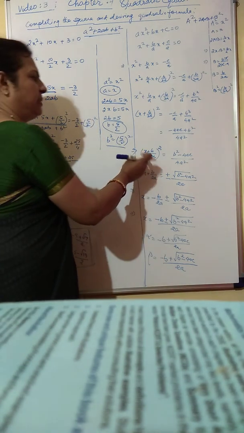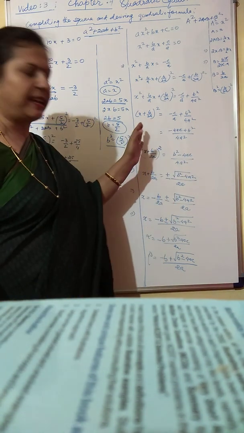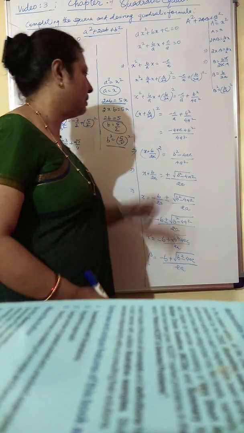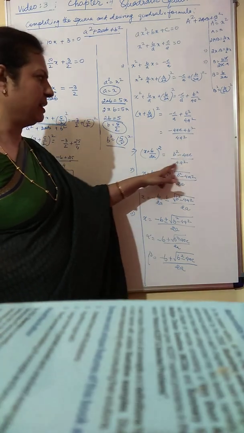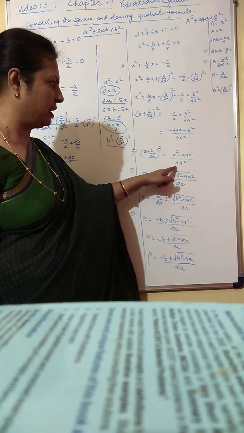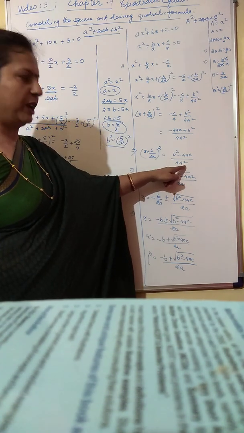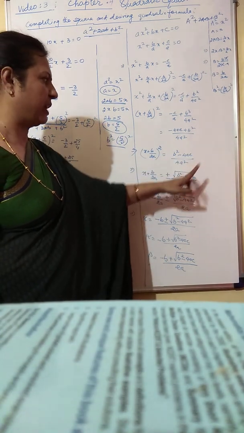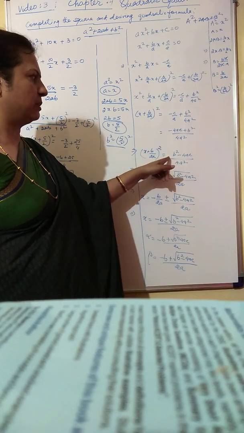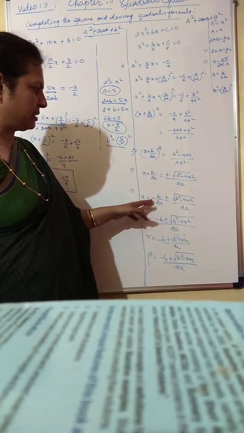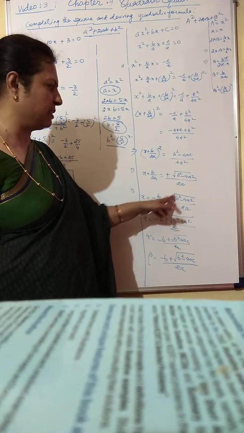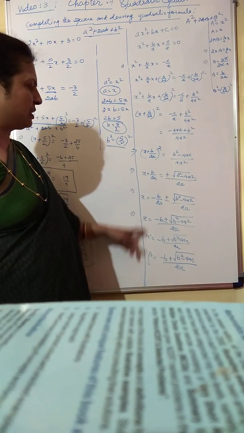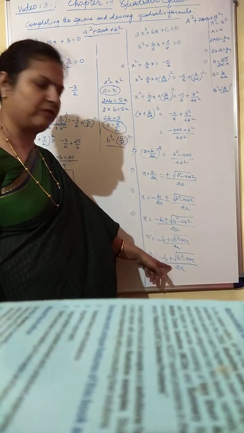Now again the same, take the square root. So on taking the square root, what do I get? x plus b by 2a is equal to plus minus under the root of (b square minus 4ac) by 4a square. Because the denominator is a perfect square of 2a, it comes out as 2a, and under the root remains b square minus 4ac. I have only rearranged the terms, please see that. So now your x is equal to minus b by 2a plus minus root of (b square minus 4ac) by 2a. So alpha and beta, the two roots, one will be with the plus sign, the other one will be with the minus sign.